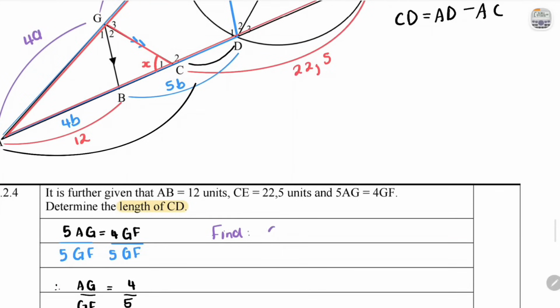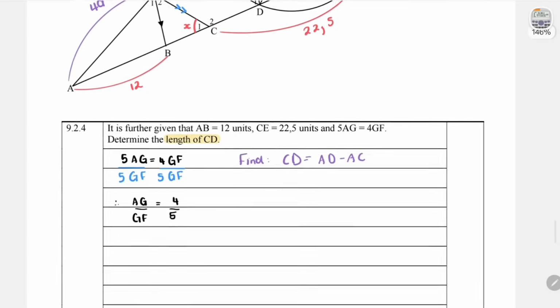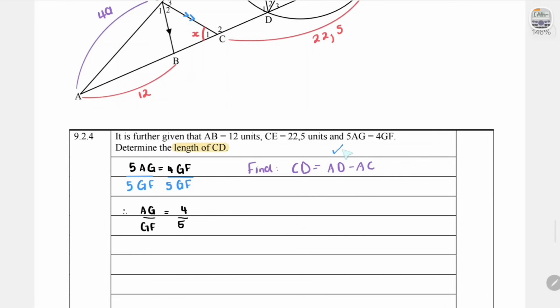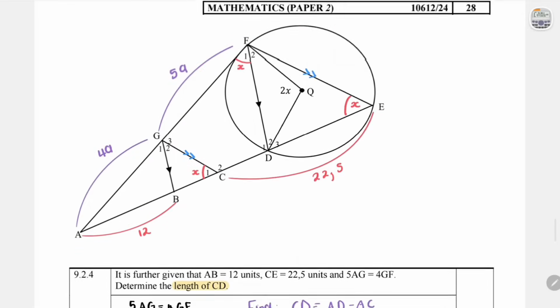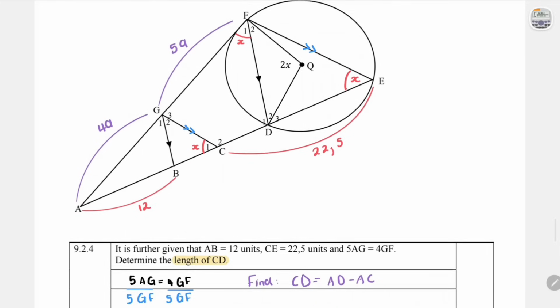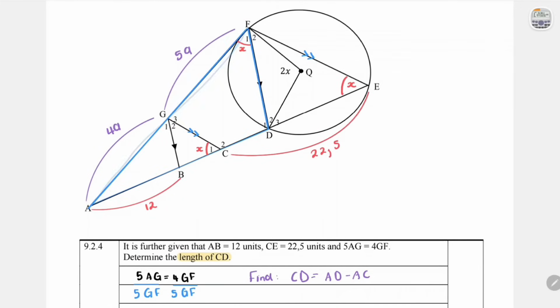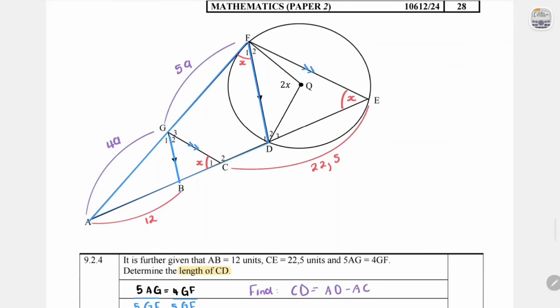It's always good for you to put down your plan so that you don't get distracted and you only focus on the things you actually have to find. Okay, now focusing on finding AD, let's just see the triangle that AD is a part of. Since we know that it's part of this triangle and this is the line that is parallel to one side of that triangle, then using the proportionality theorem, which we've already used previously, we can just find out what AD